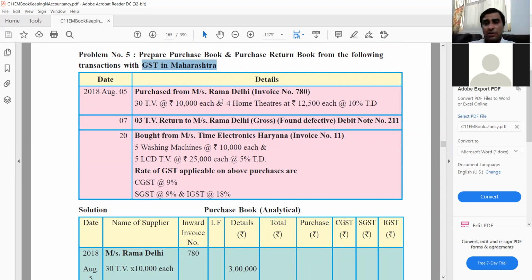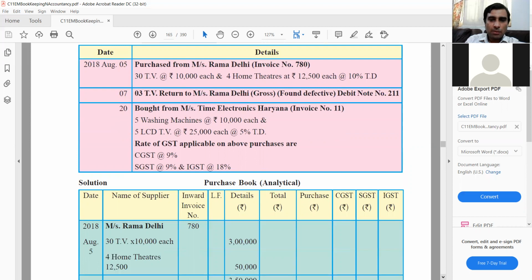When the rate of GST has not been mentioned, you will assume it to be the standard rate. The standard rate is 18%. Okay, and half of it is central GST and half of it is state GST, right? So you will calculate your 9% and put that amount for both, or you can calculate 18% and put half